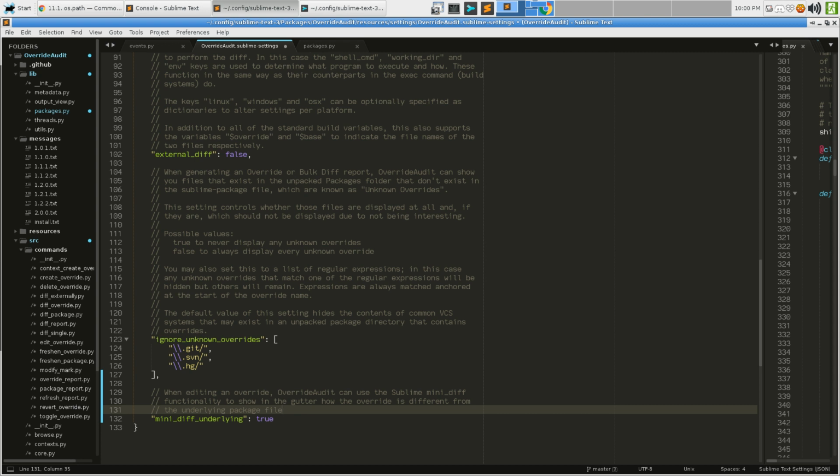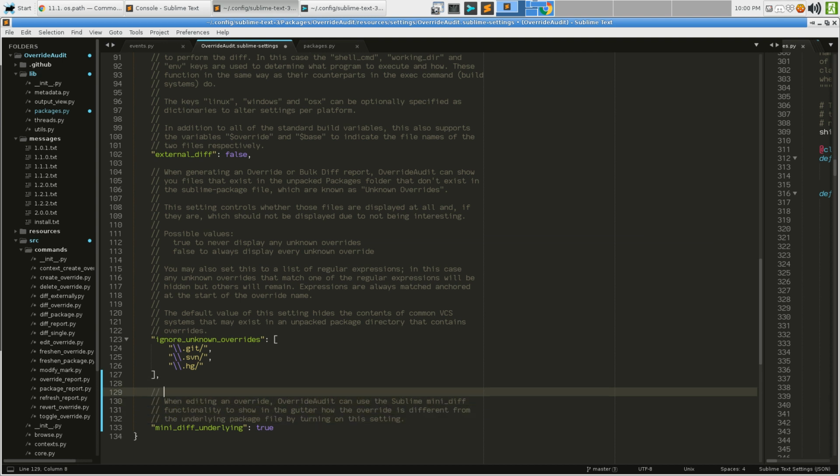By turning on this setting, okay, when editing an override,